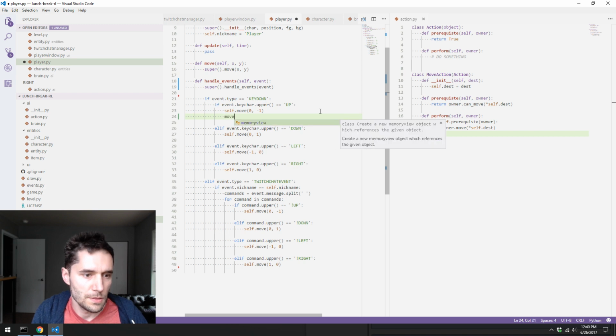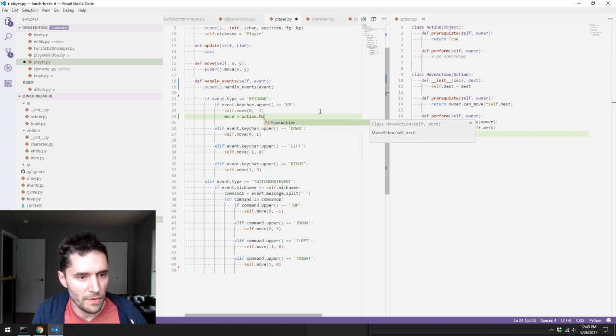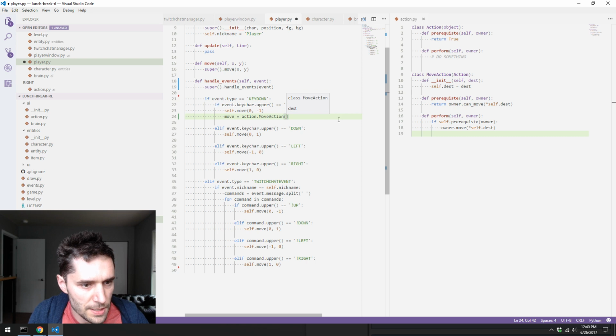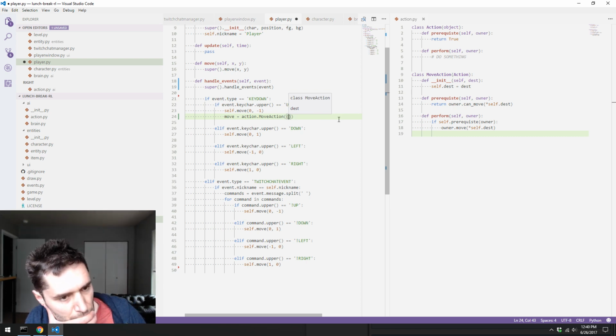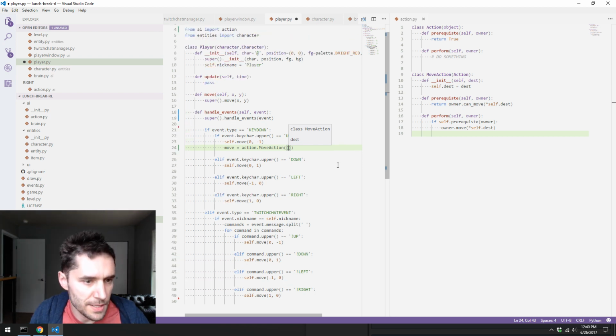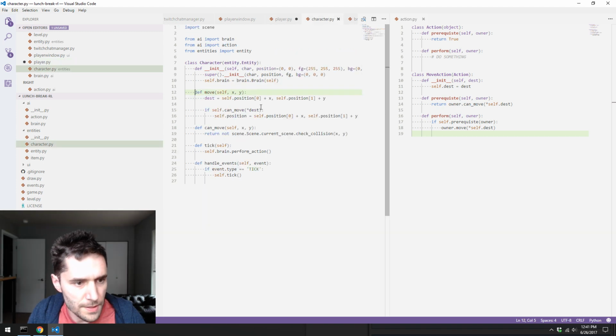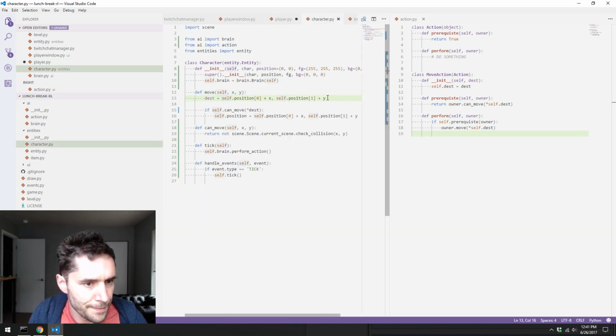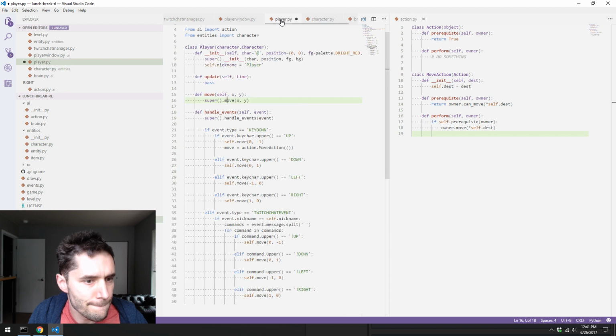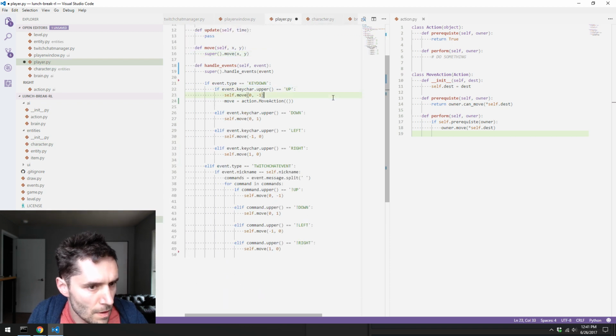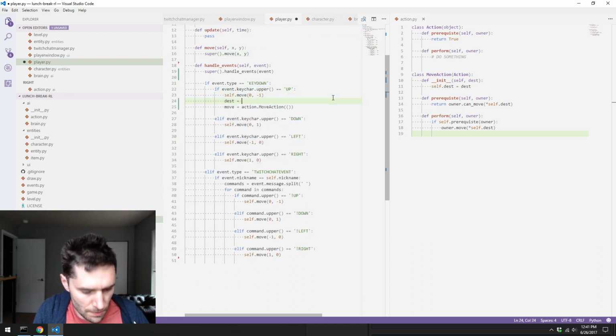So move equals action.MoveAction. It takes a dest, which should be, oh, this is an absolute dest. I think this, yeah. Dest equals this, and